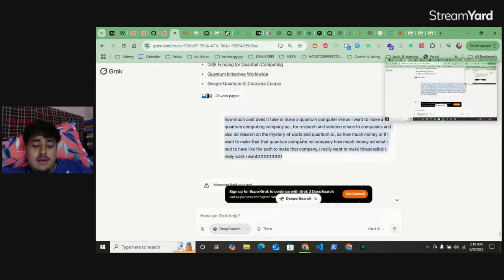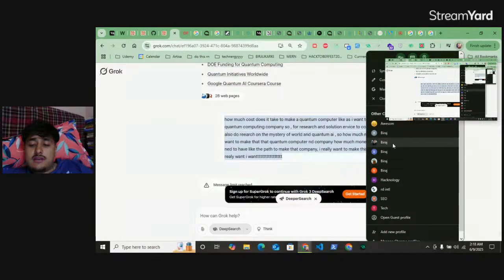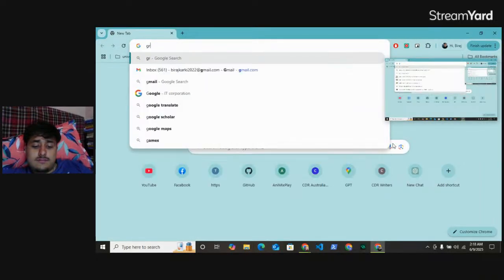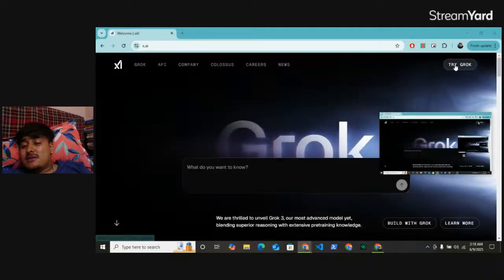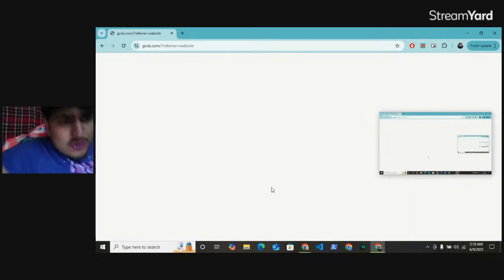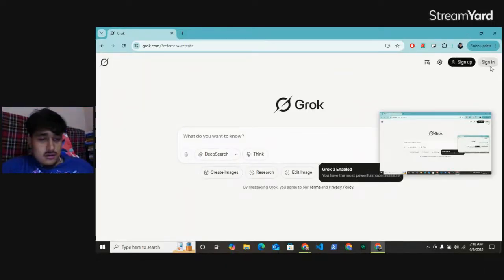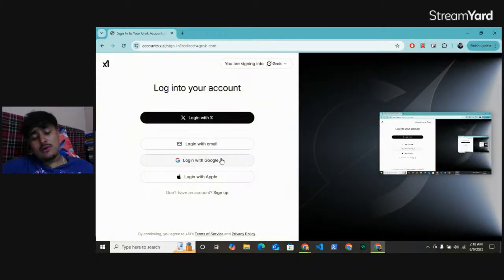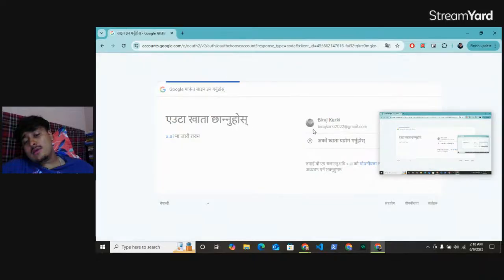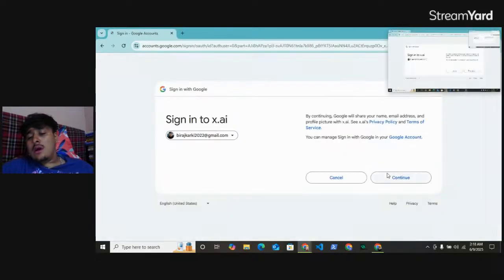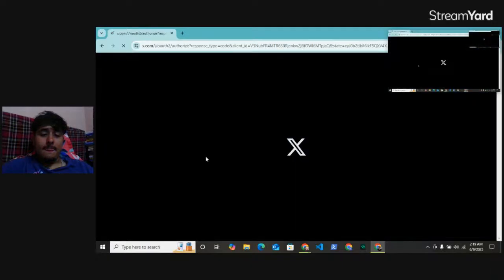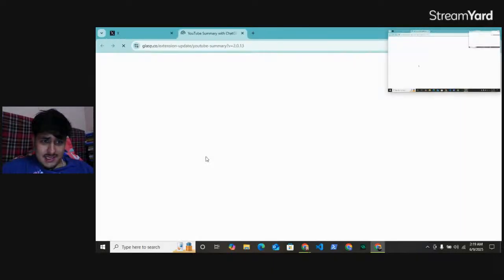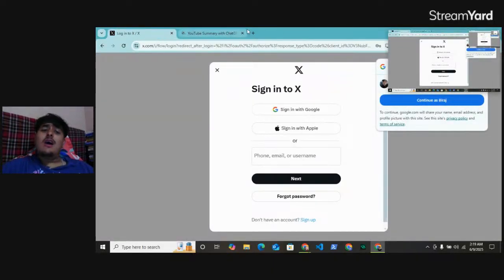It is not giving me what I need. I need to switch to another one. I really like the visuals of Grok, so I try to use Grok. But what's your favorite AI tool for now, what do you use mostly? Wait, it is taking me to X. I wanted to do the research, but